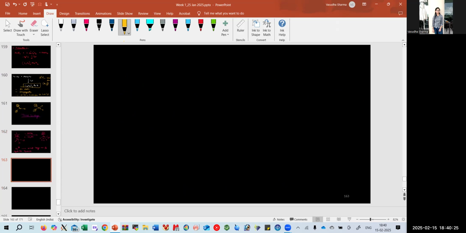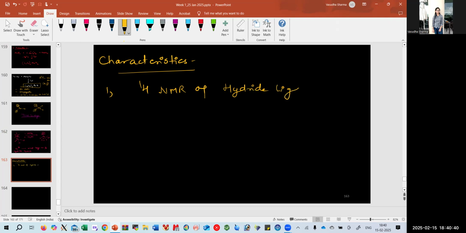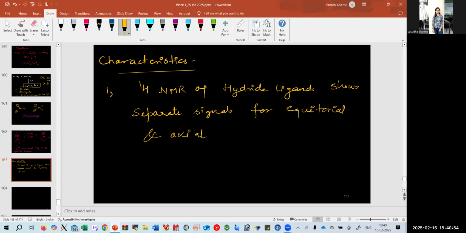So there are certain characteristics of these complexes regarding the NMR. First point is the proton NMR of hydride ligands. They show separate signals for equatorial and axial protons at minus 90 degrees,